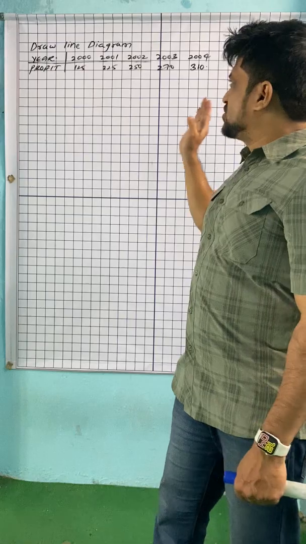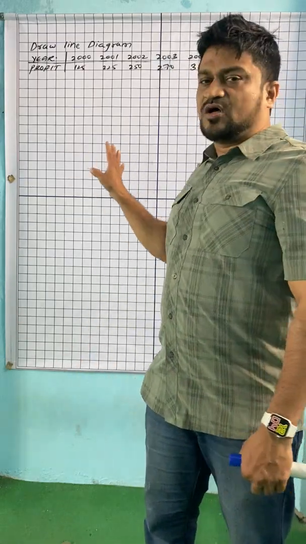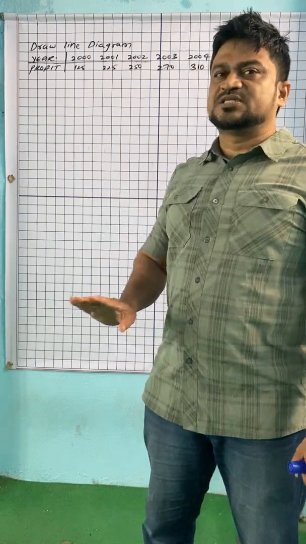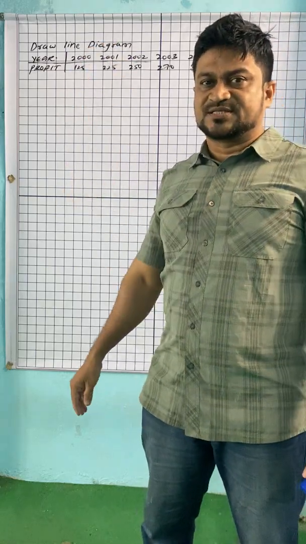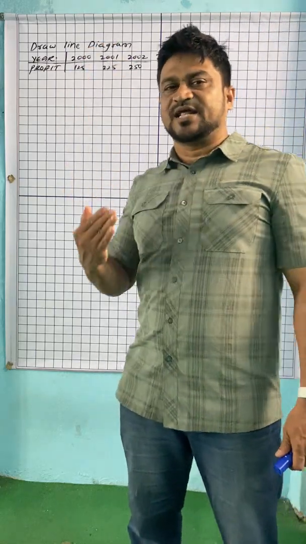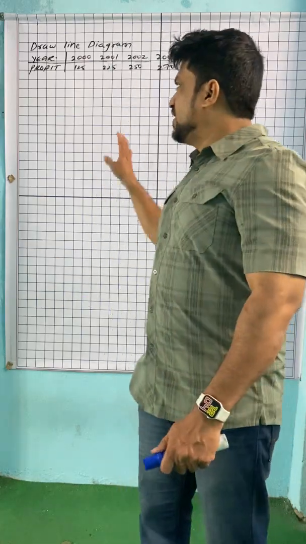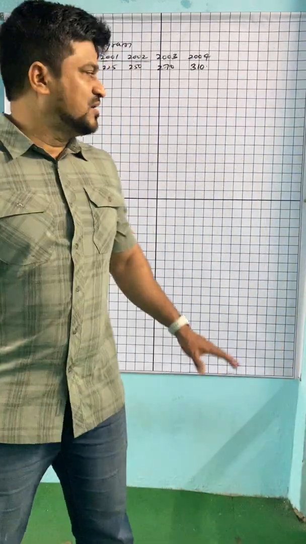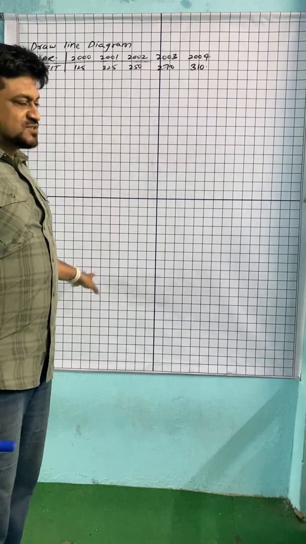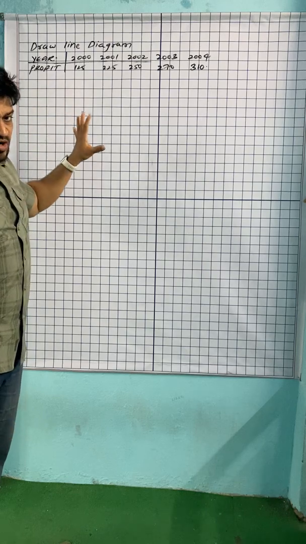By seeing this question, I have to watch carefully to check in which year profit was more. If the same thing is shown on a graph, it is quite easy, and by seeing that we can get to know where the curve increases. So by seeing the graph directly we can get an idea. The purpose of drawing the graph is to make the question easier to understand. Now to represent this question on a 2D graph, that means a two-dimensional graph, we are putting the values here. What do you have to do to draw the graph?